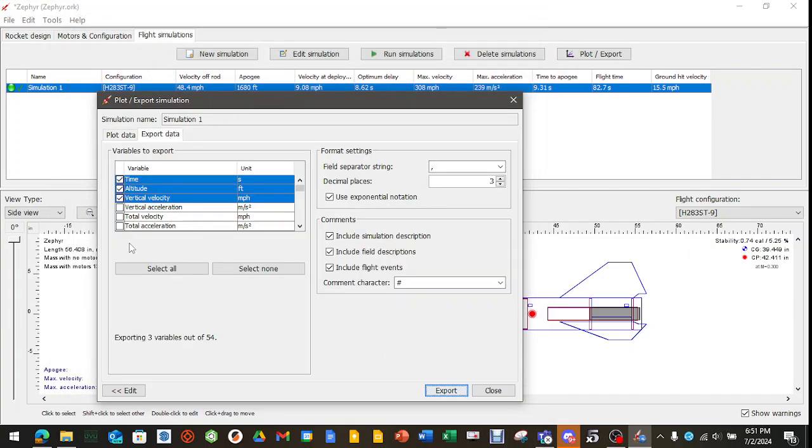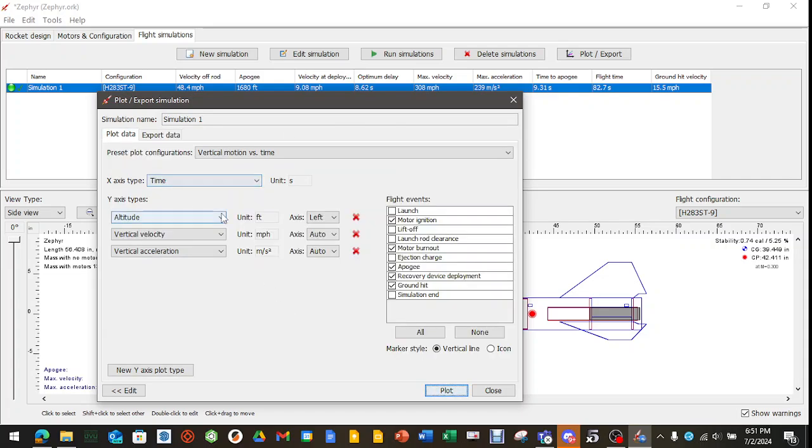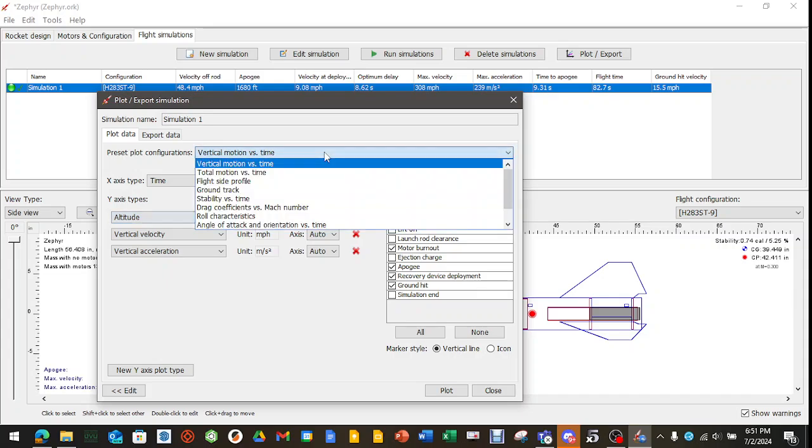Then you can export the data as a CSV, tell it what you want to do. You can change all of these to different types of axis labels, or you can get rid of them completely. Then you can check each one here to what you want shown for the events. You can do